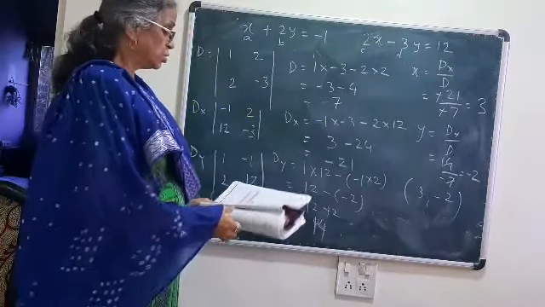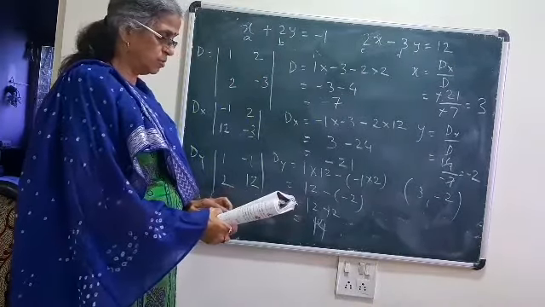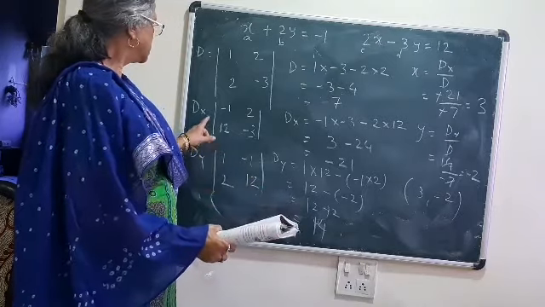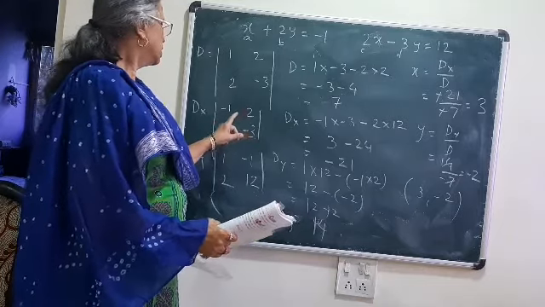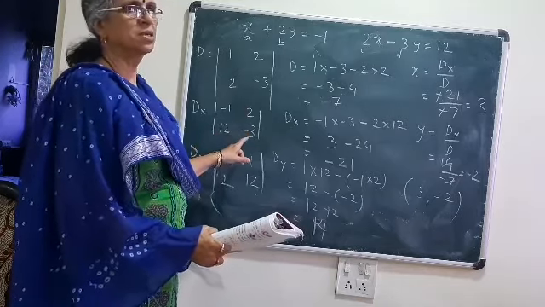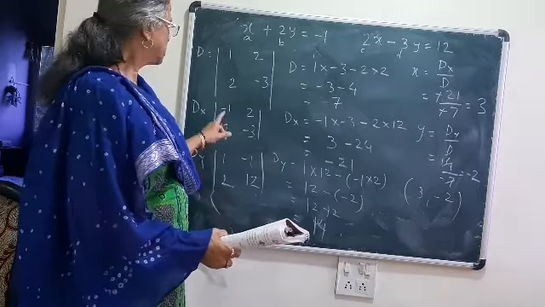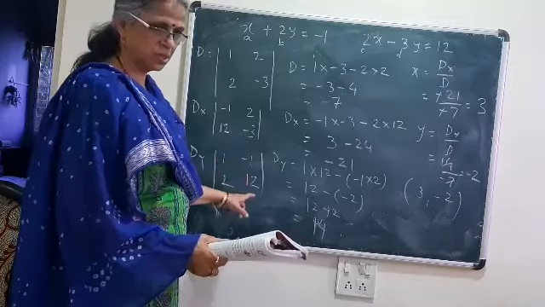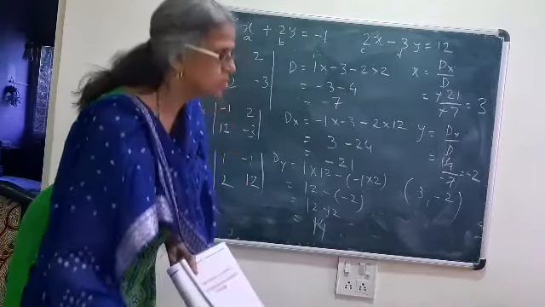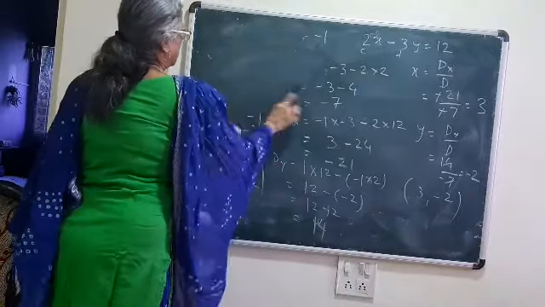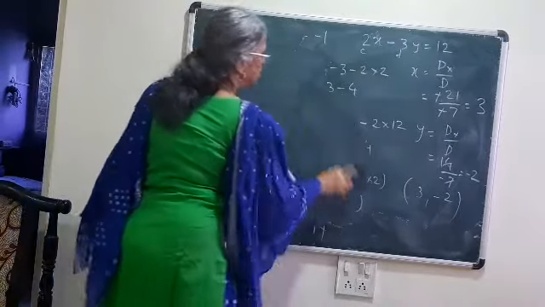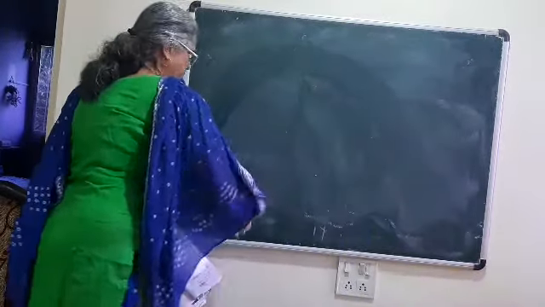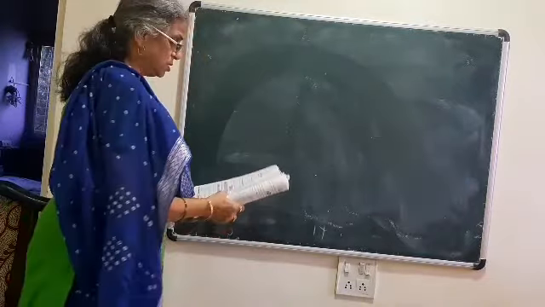Followed all of you? So this is the third sum. Everywhere the method is the same. For convenience, as a method, we are going to consider the sequence of coefficients in the determinants for Dx and Dy. Constant term first, coefficient of y; coefficient of x, constant terms. Otherwise, there is a formula given in between the pages, but that we will see afterwards. For solving examples, this is quite sufficient and easy also.